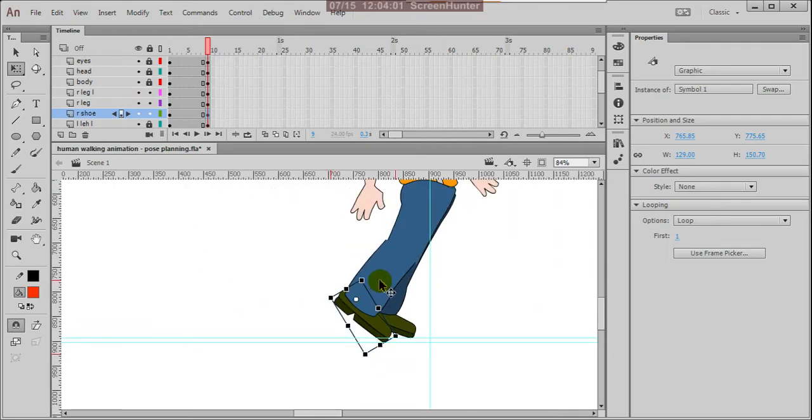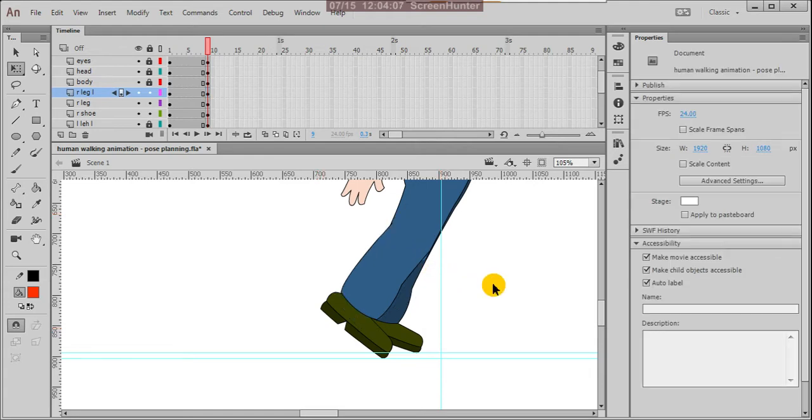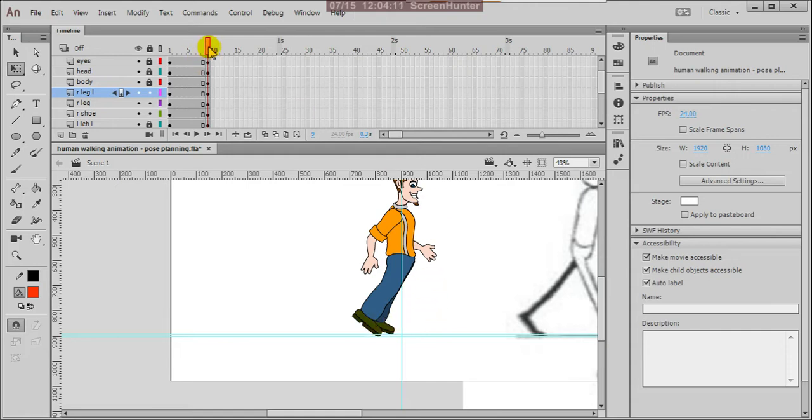Now according to this you can view the changes. Now if you check this, yes, now what we do, Control S, then the other leg can move this side.